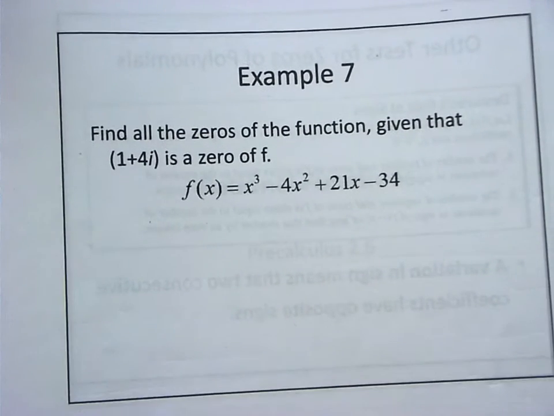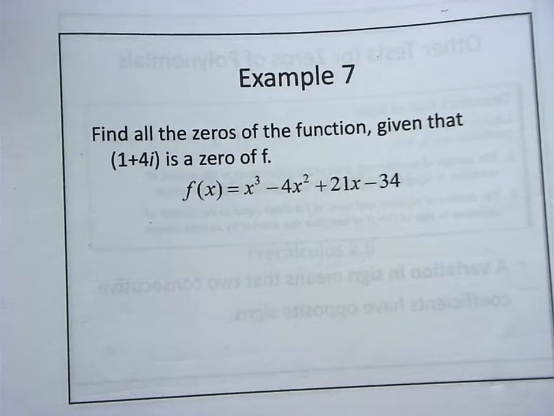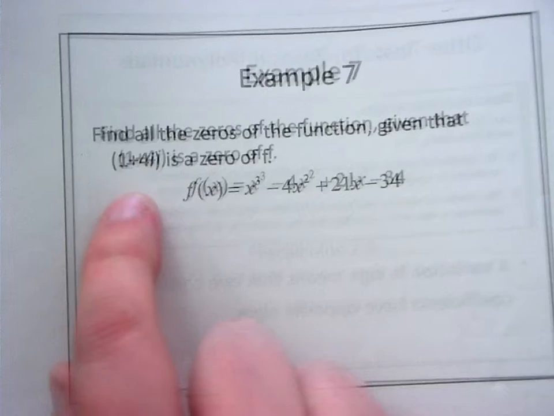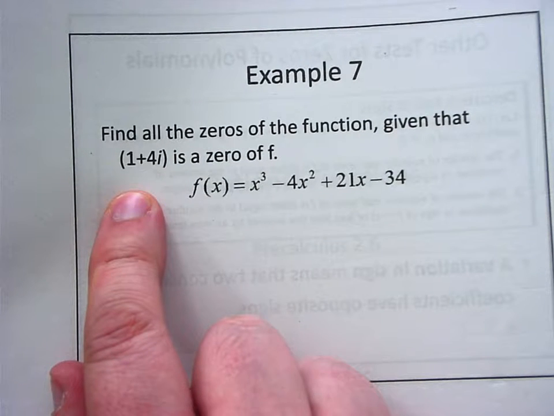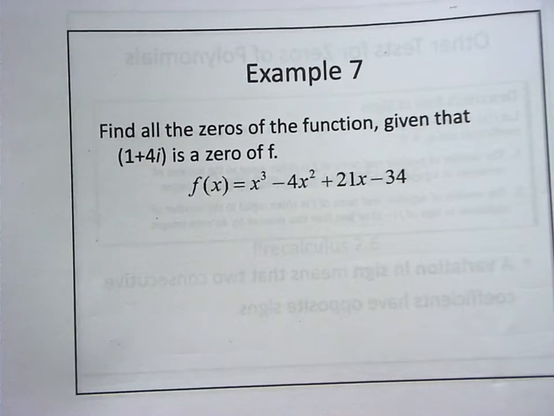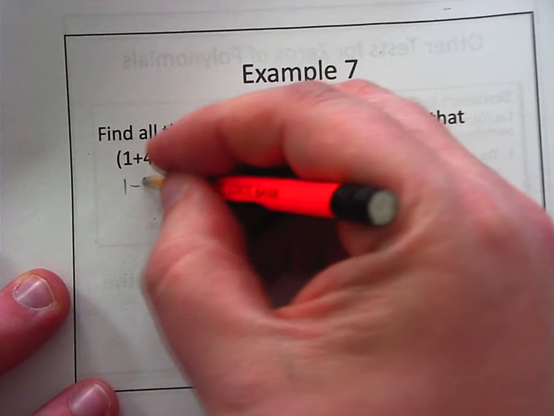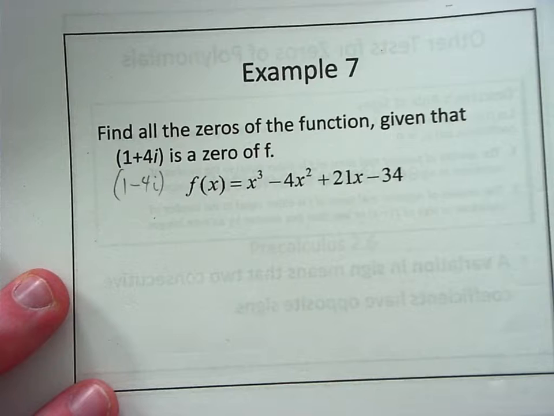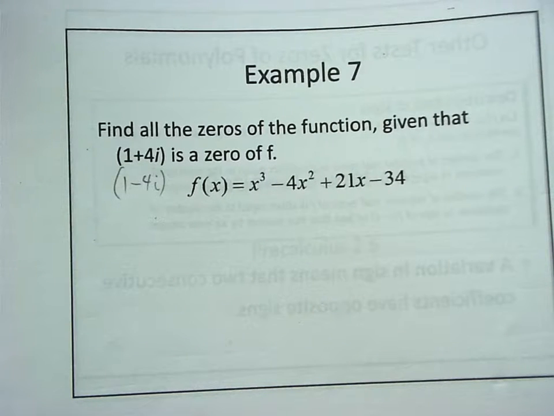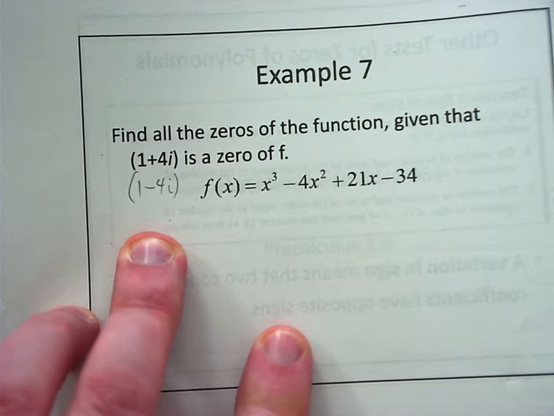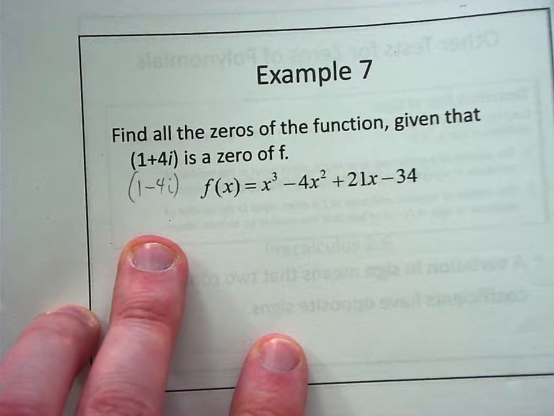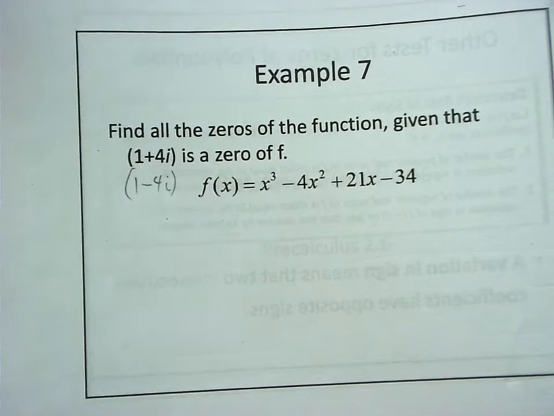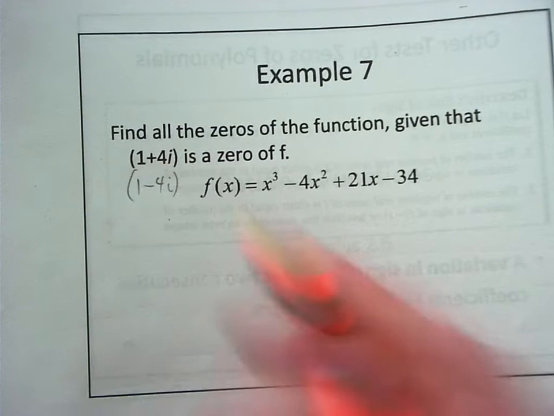So if I have something like this, I want to find all the zeros of the function given that one zero. How many zeros does this function have? 3. Okay? One of them is complex. So you automatically know the other one is going to be a root as well, or a zero. Okay? And since those come in pairs, then I know the third one actually has to be real. But what I can do with this, if I know this one zero works for this,